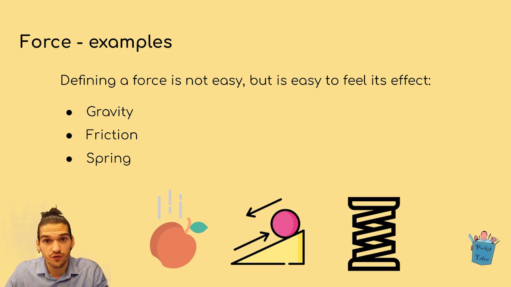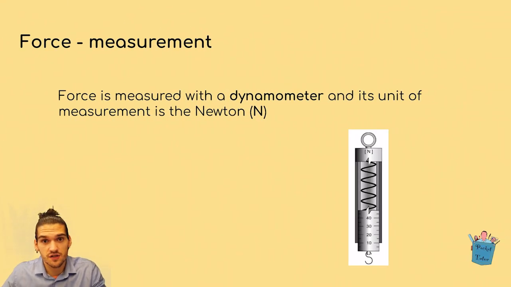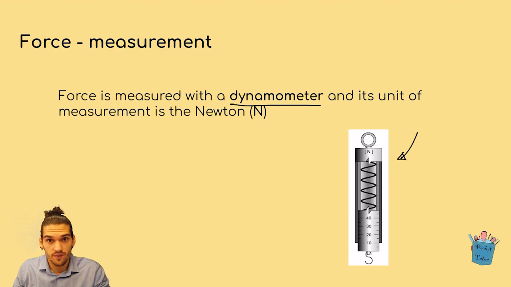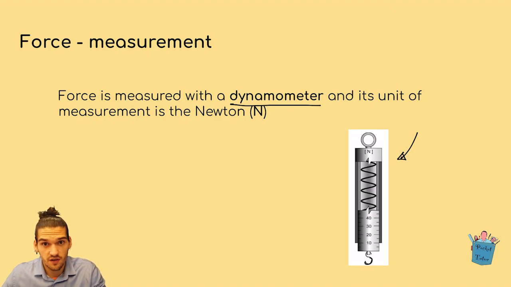But how can we measure forces? Well, we've seen in the first lesson that the unit of measurement of force is the Newton. As we've seen, Newton is a derived unit of measurement. And the instrument that we use to measure forces is the dynamometer. So the dynamometer is this instrument shown in the picture. It has a spring inside that we know all its properties, and then we have a small hook on the bottom. On the outside of the dynamometer, there is a graded scale that says how many Newton the dynamometer is